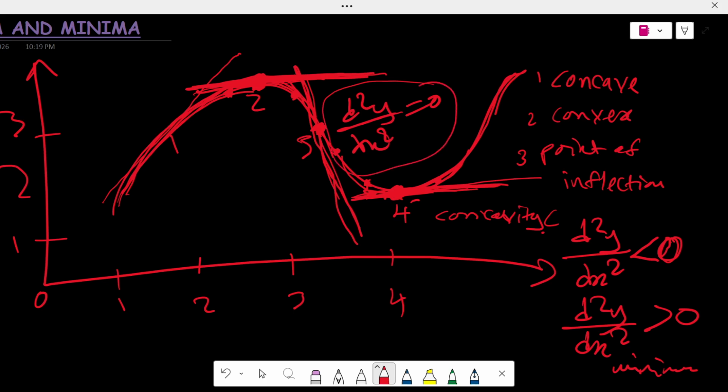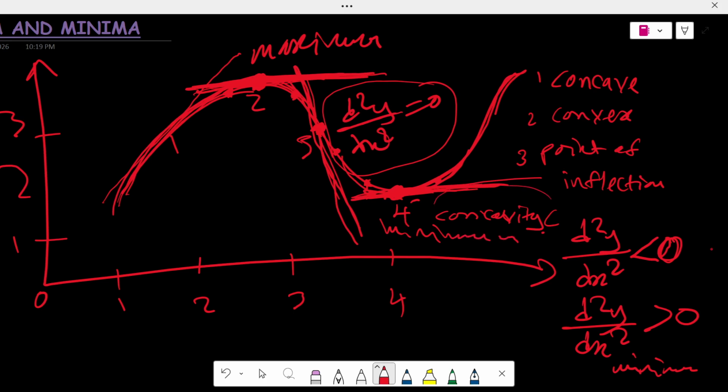So in this case, what you do is you have to check, and this checking we are going to see in the examples that are going to follow. So as I said, this is the maximum and this is the minimum,